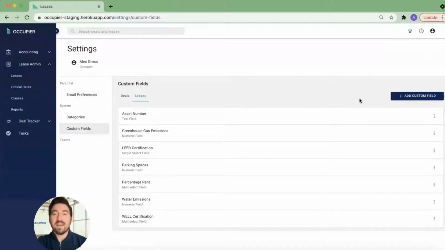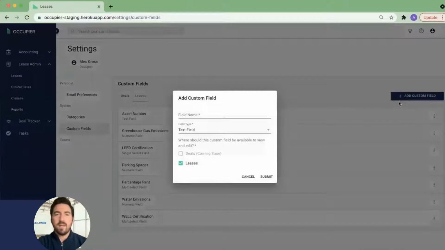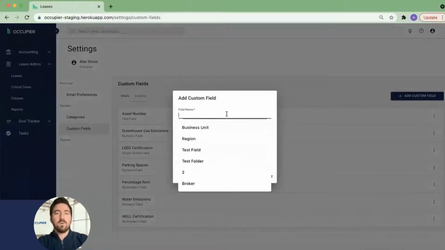Now, if we wanted to add a custom field, we click on this button here on the top right. Many tenants like to manage things like region. So let's create a region custom field together, and I'll show you how this process works and how simple it is. If we click on this button, it's going to ask us to name a field. So I'm going to go ahead and type in region,